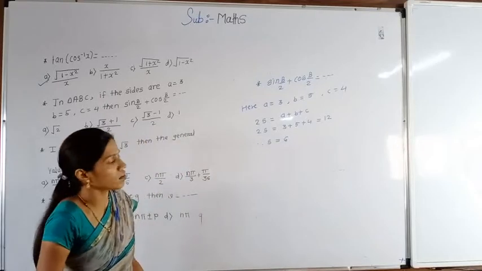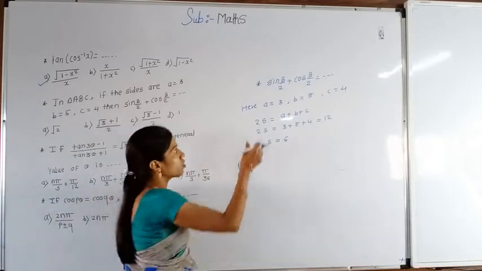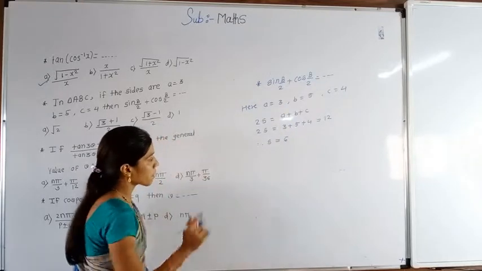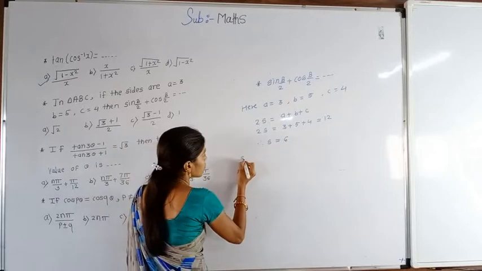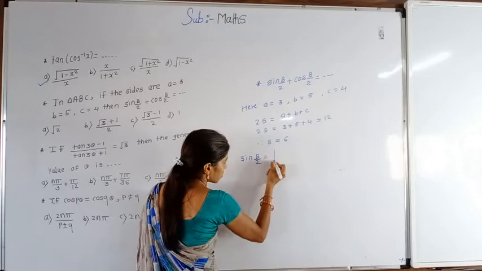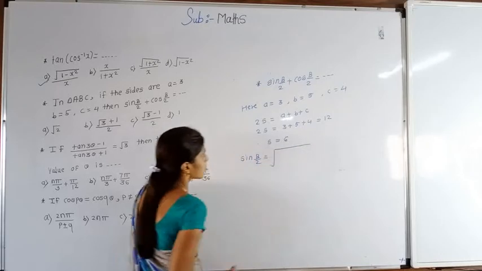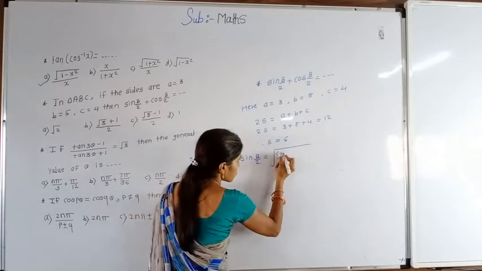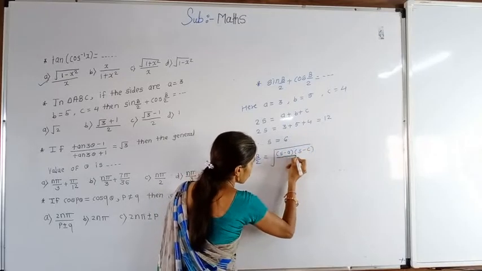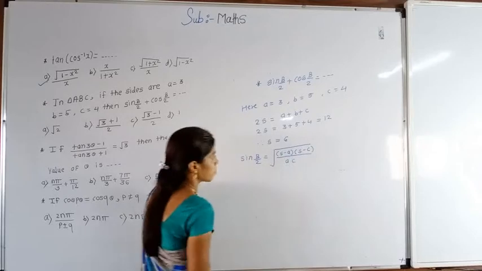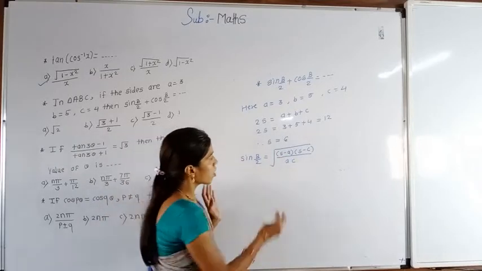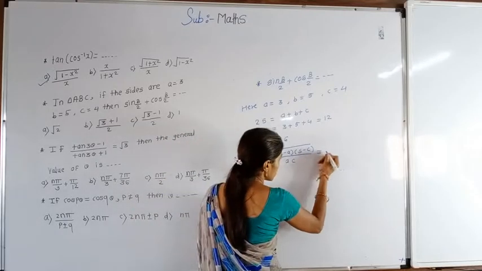Using this value of s, first of all, we have to find the value of sin B by 2 and cos B by 2. So, we have to apply the half angle formula. We know that sin of B by 2, expressed in terms of s, is the square root of (s minus a) into (s minus c) whole term divided by ac. Now we know the values of s, a and c, so substitute all those values in this result.